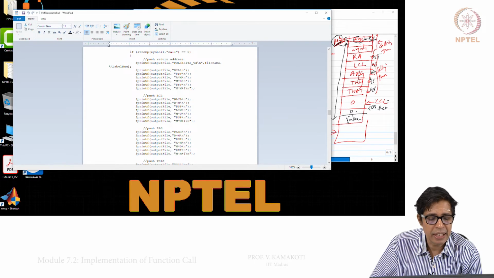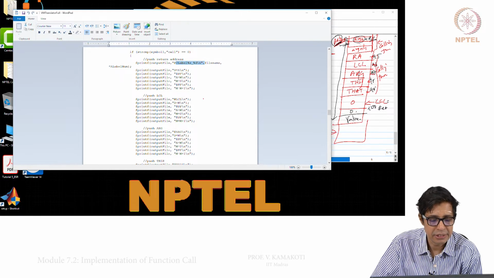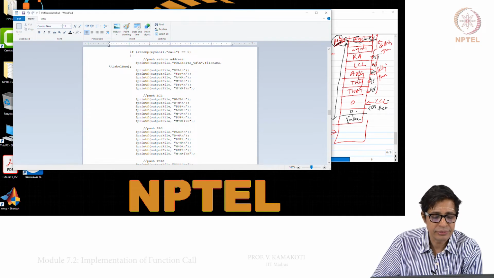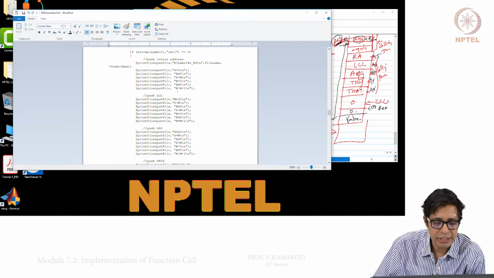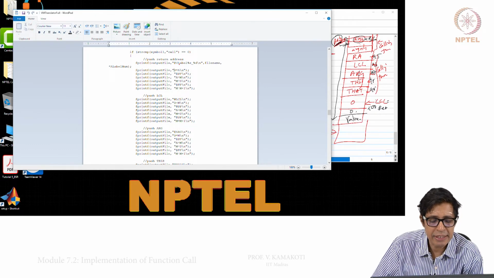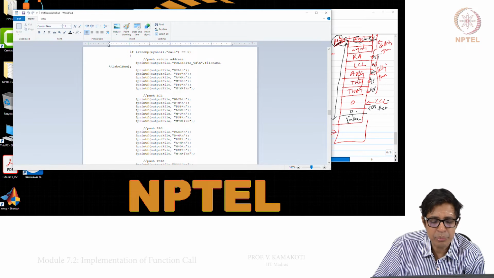The moment I see a call, I push the return address. There is a label that I generate, and I basically push it into the stack. So, this is very simple. There is a label, and that label I have to push in the stack.